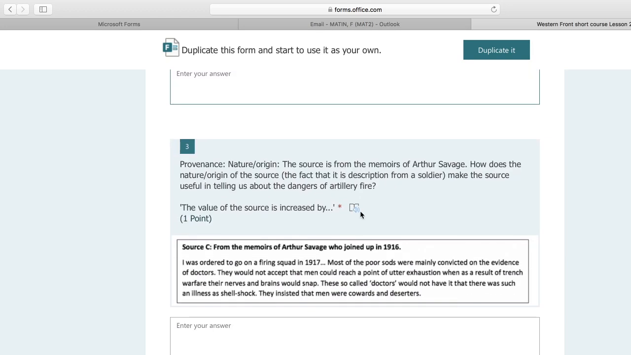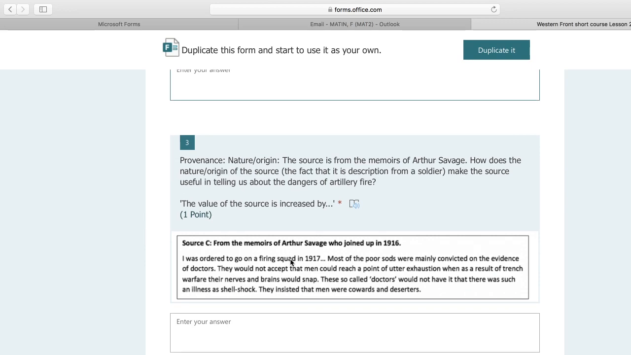After you've done that, you're going to look at the provenance. I've already given you the provenance, and all I want you to do is tell me why the provenance makes the source more useful. So in this case, the provenance of this source is